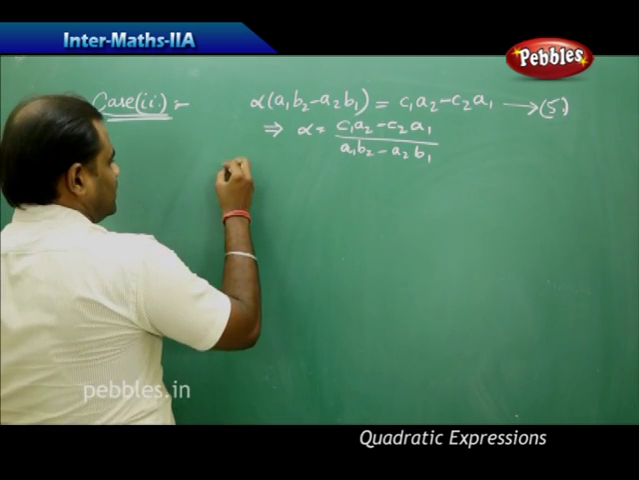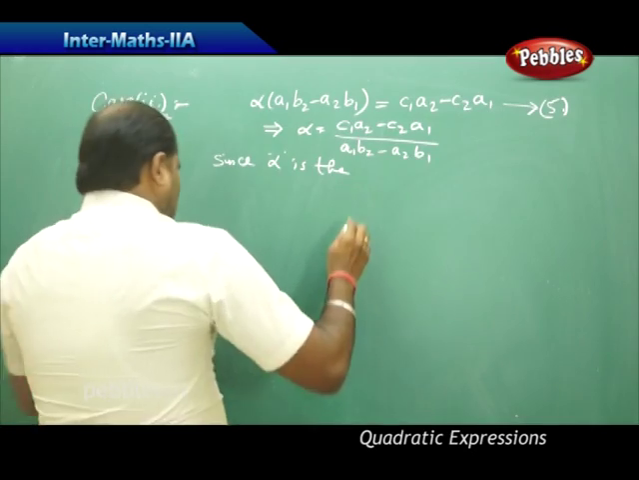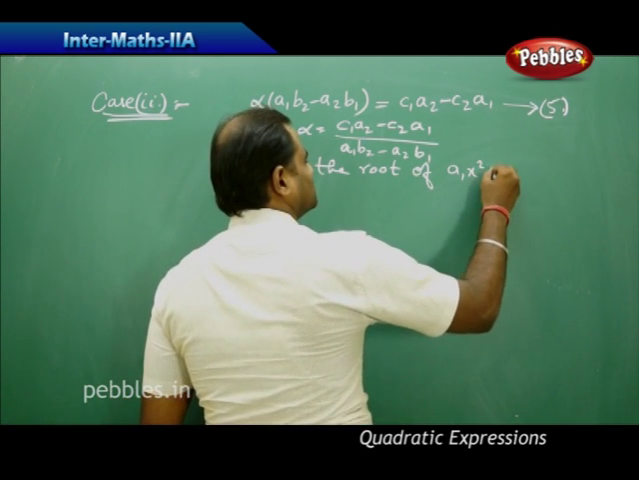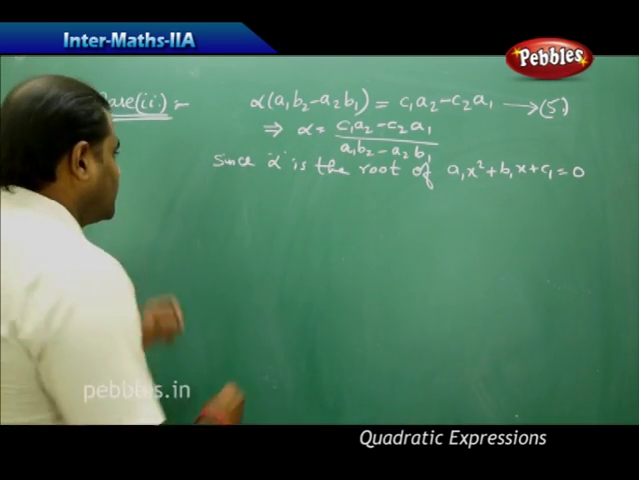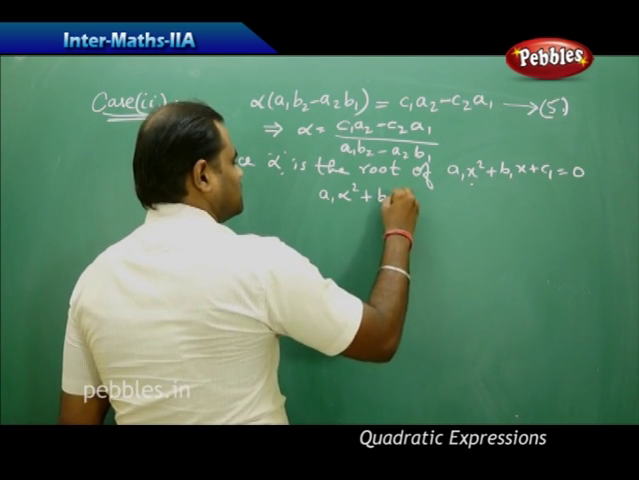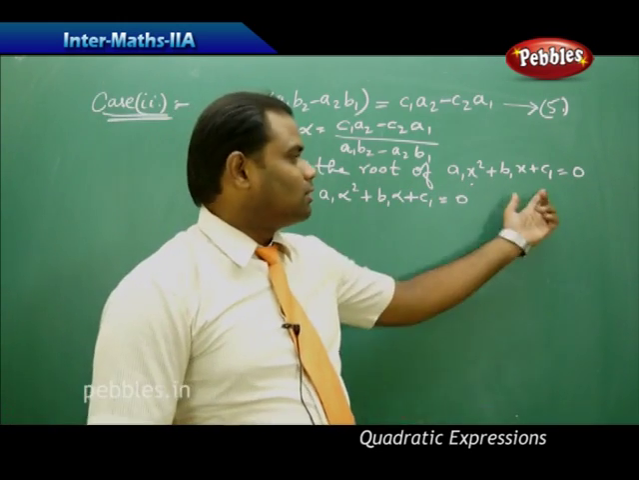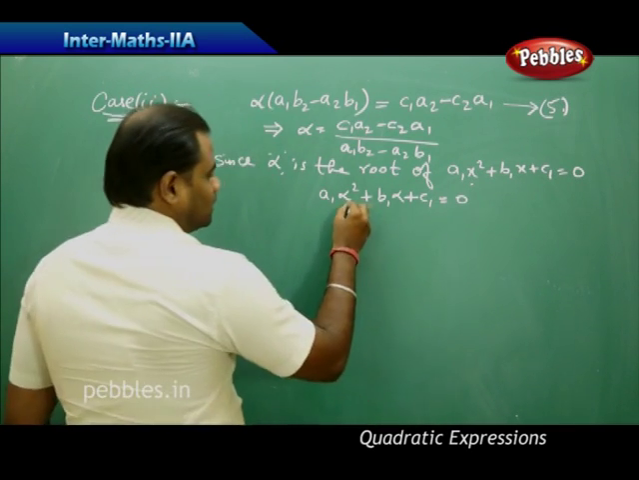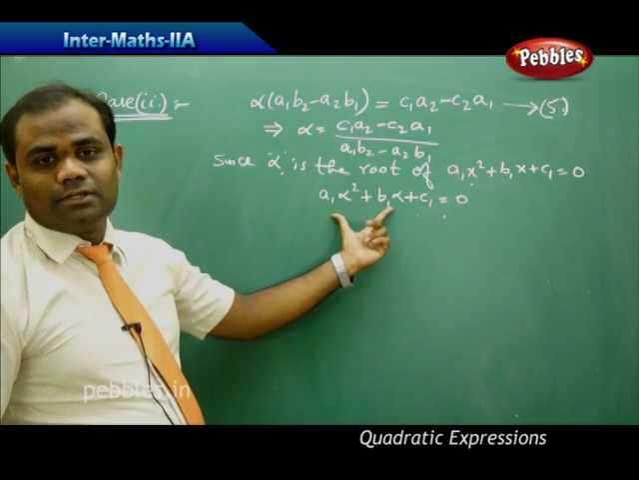Next, now since alpha is the root of a1x squared plus b1x plus c1 equal to 0, therefore I have this satisfying the equation as a1 alpha squared plus b1 alpha plus c1 equal to 0, since alpha is the root of the given quadratic equation. Now with this being the root, I substitute the value of alpha which I have here in this equation,